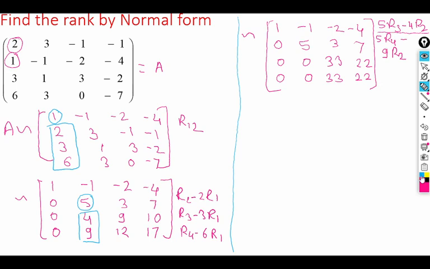So we made the zeros in the column 2. Now we focus on A33. With the help of A33, we have to make this 0. Very simple transformation we require. The matrix will become